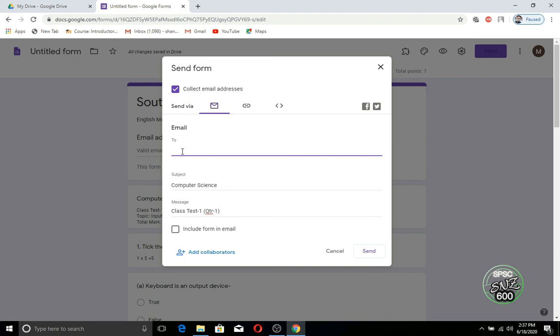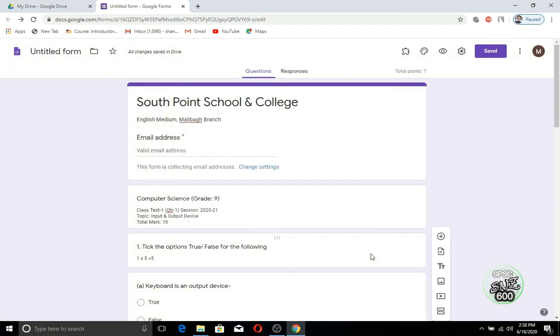And you need to write the emails here for all the students. Suppose I'm sending to my another account, so I'm writing my another account email address, that came here. So I'm just selecting the email address. By this, just add the email address of other students. You can do it this way, and just click on the send button, and the corresponding email has been sent to my other account, and I will show you the response.